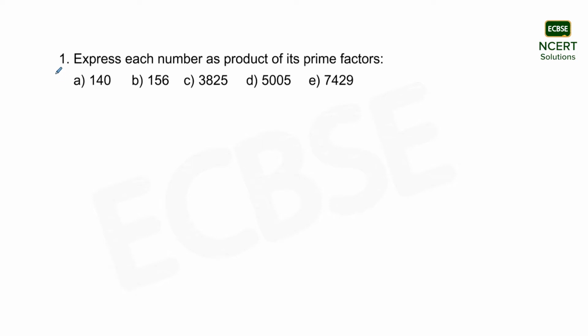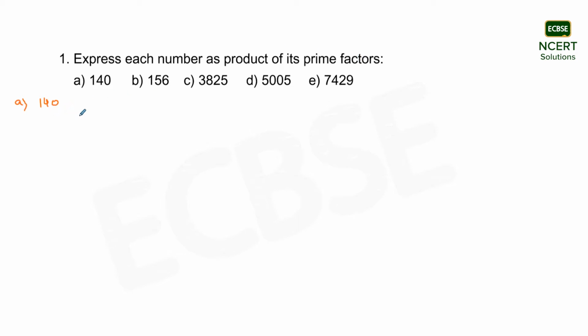Hello students, so here we are with the first question of Exercise 1.2 for the chapter Real Numbers. The first question is: express each number as a product of its prime factors, and the numbers have been provided. Starting with the A part, the number provided is 140. In order to represent this number as a product of its prime factors, I need to build a factor tree for this